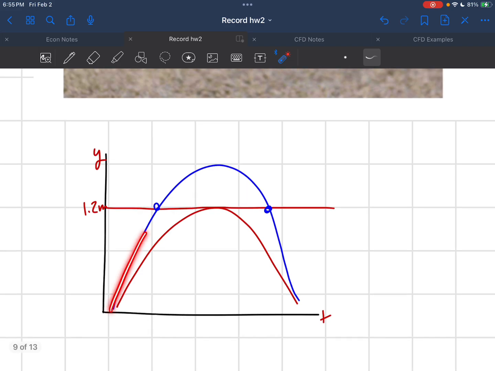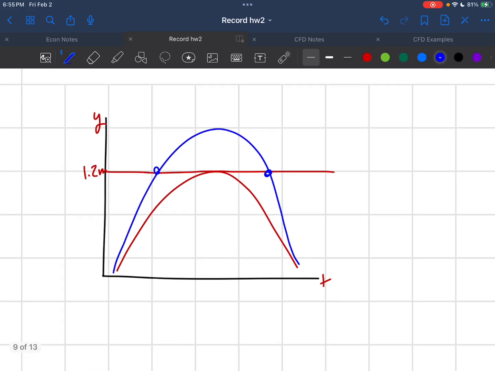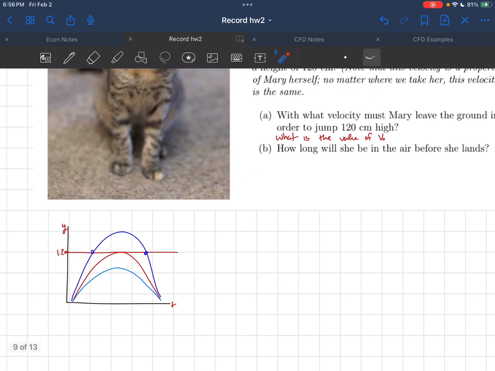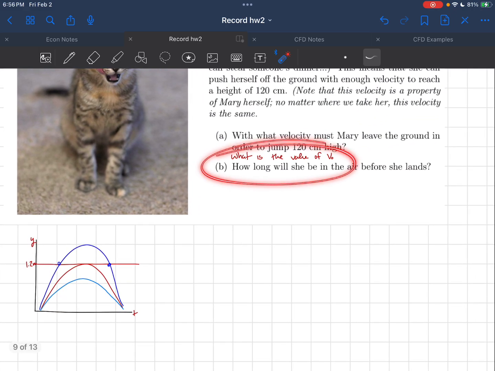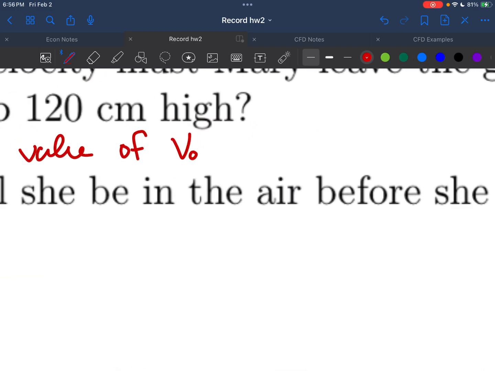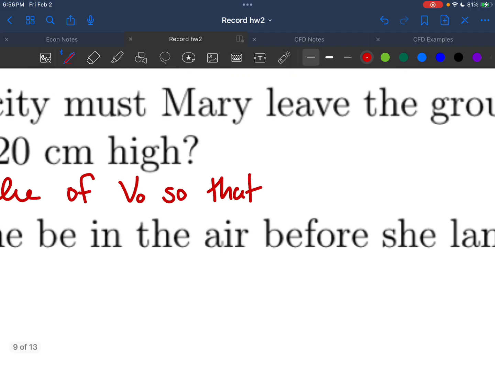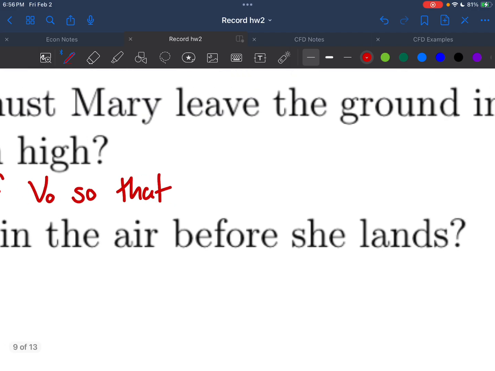So we're going to assume that she's not actually jumping more than my 1.2 meters. And I'm also going to assume that she actually reaches the 1.2 meters, because if my v naught was too small, then she wouldn't actually make it all the way up there. In order for my velocity to be the correct velocity, it has to be the velocity at which she gets to 1.2 meters at the apex of her jump. Right? So what is the value of v naught so that she reaches 1.2 meters at the apex, or y of t is 1.2